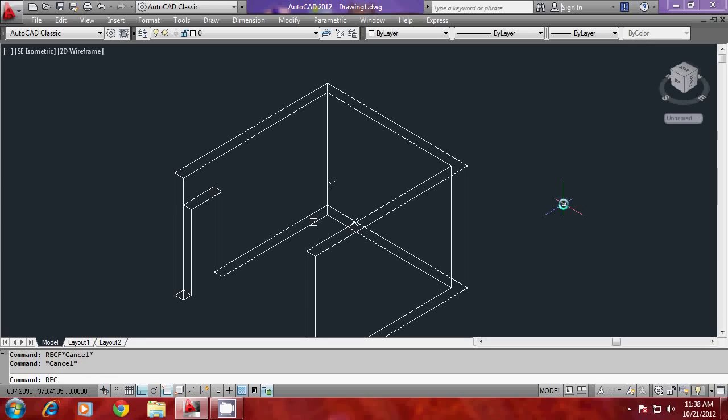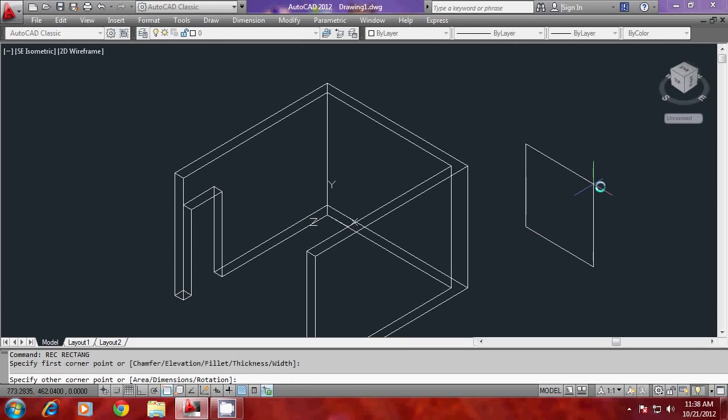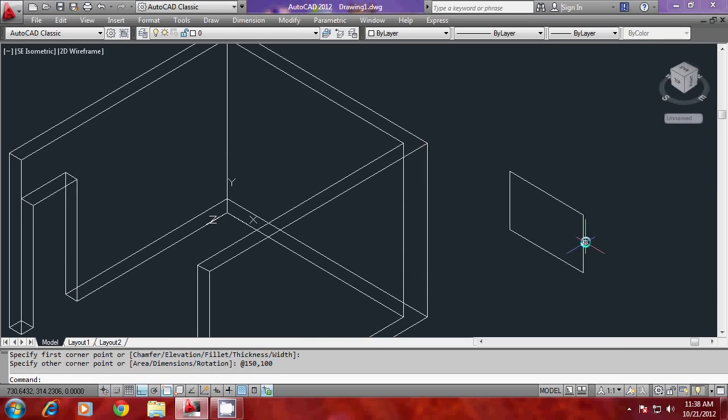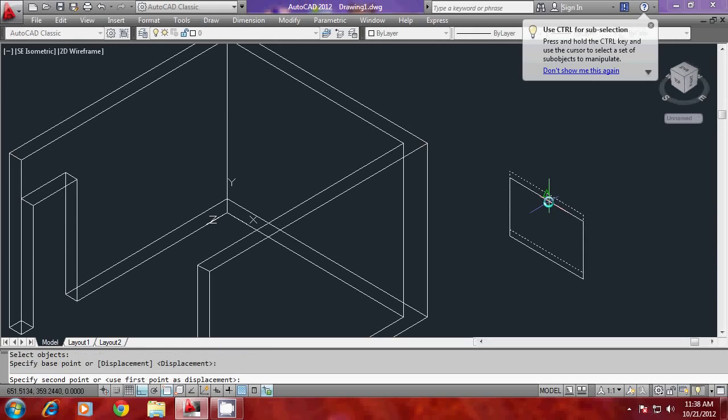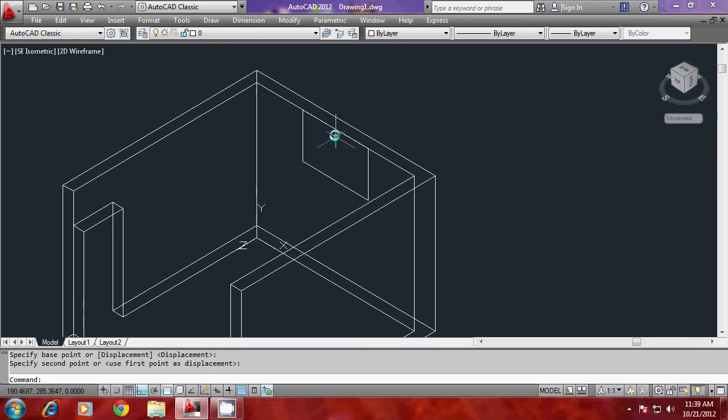You can construct it anywhere on the screen with the starting point here, and let the size of the window be 150 by 100 because I would like to create a 3-panel window. So I'll give 150, 100 as the window size, so that the window profile is created. And now I'll move the profile, and I'll select this as the base point and this as a second point. So the window is aligned